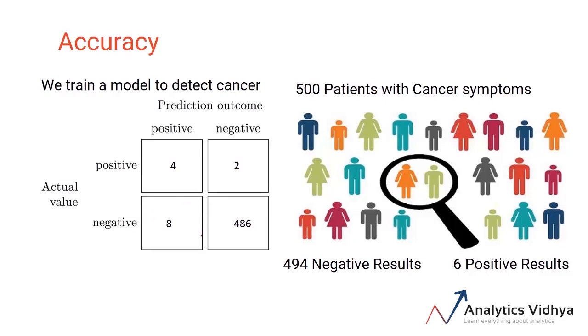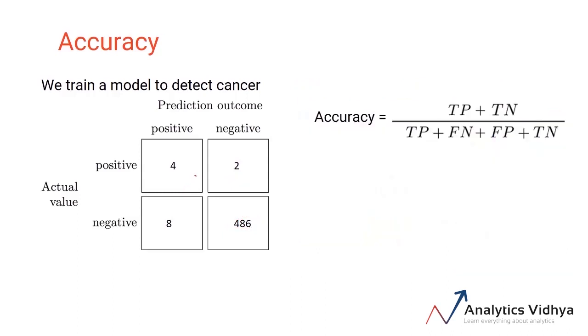What's your first reaction? There are some big values and some small values in the confusion matrix. Our first intuition would be to calculate the accuracy of our model. Just plug in the values to this framework we defined previously. So I'll have here true positive as 4 and true negative as 486. So 4 plus 486 upon the total predictions. So that would be 4 plus 8 plus 2 plus 486, right? Now on calculating, the accuracy comes out to be 98%.